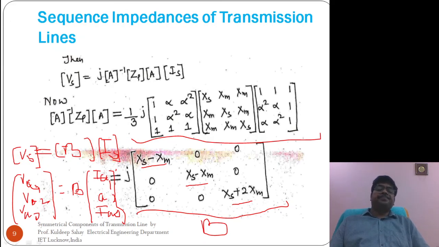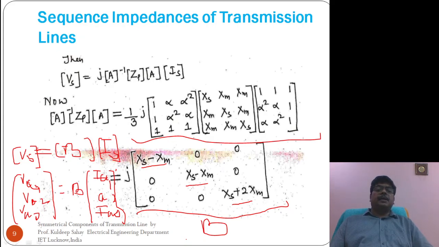Another thing is that the positive sequence impedance and negative sequence impedance are of equal magnitude, which means if we pass the current from either the A side or the B side, the impedance of the transmission line does not change. So it is again proven that the transmission line is an example of a bilateral element. So very simply it is seen.